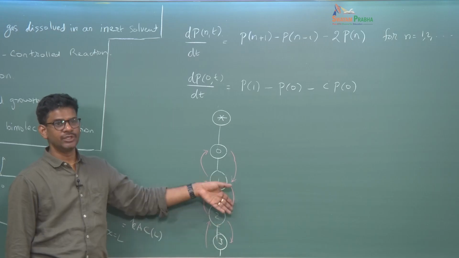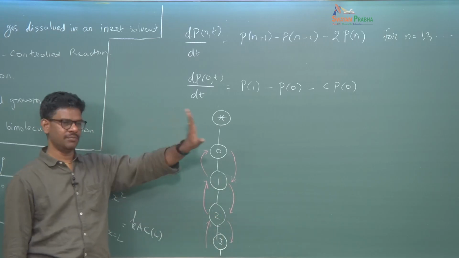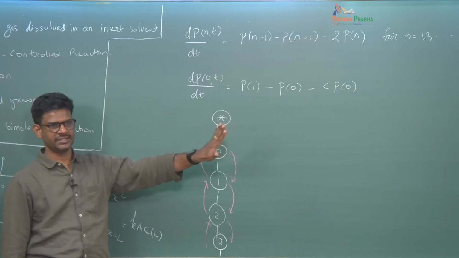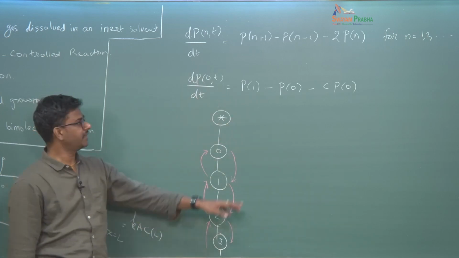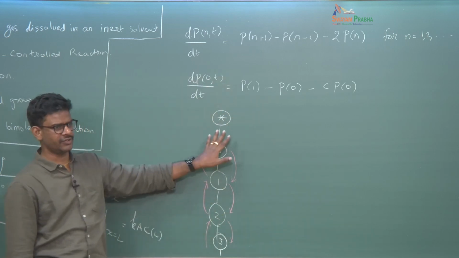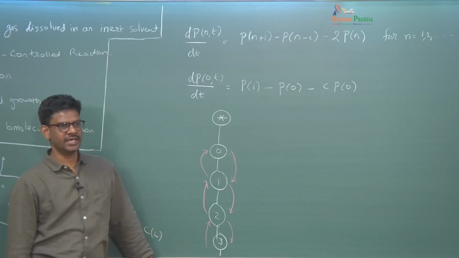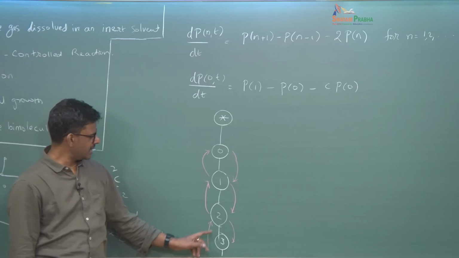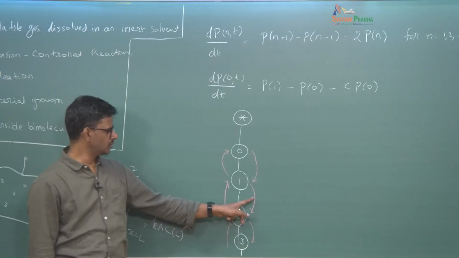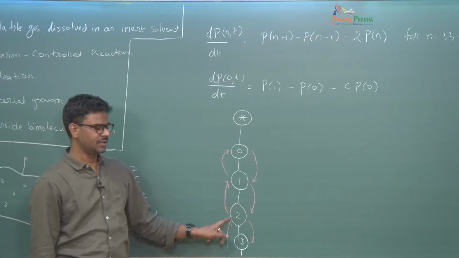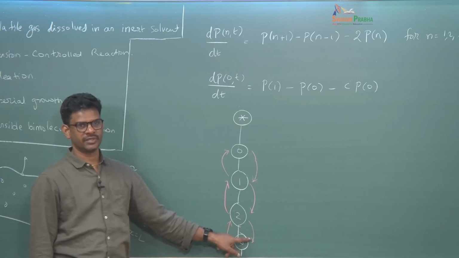So here I am giving an intuitive picture, but you can set up the full master equation, look at all the intermediate states, and then you can also substitute and find this. Or else you can draw this kind of a schematic and discuss what are the states that are going to create or destroy the state. For any nth state, there are two processes that create them, and there are two processes that destroy them,